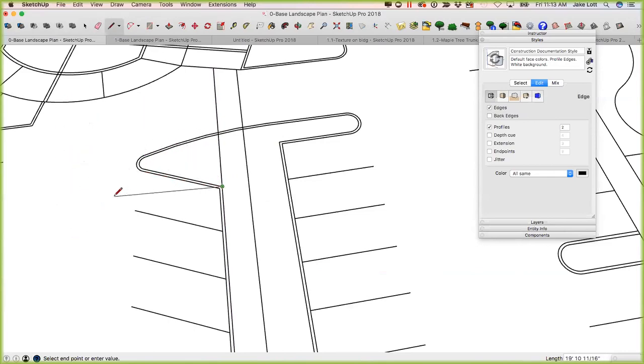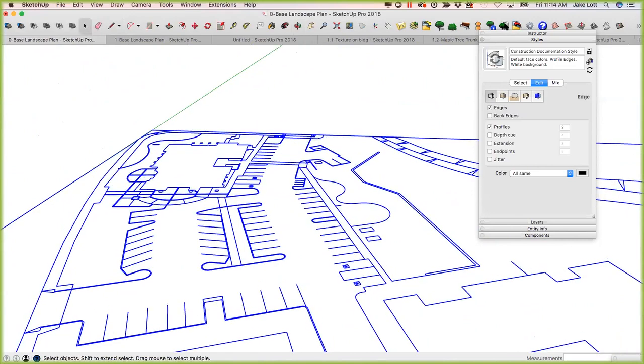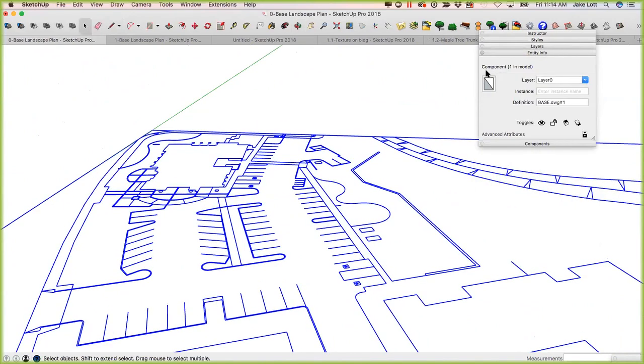So what we're going to do is we're going to draw, and usually if the faces are actually connected, or the lines are connected, but it just doesn't have a face, usually you can draw over a line and it'll fill in. If you continue to get your rubber band, that means it didn't fill in. It's still open at some point. And this is really, really important to know, because it's going to take forever for you to try to trace this item and get it over the exact lines and stuff like that,